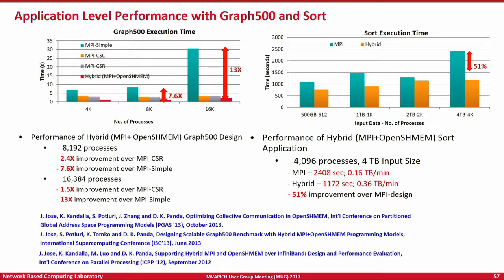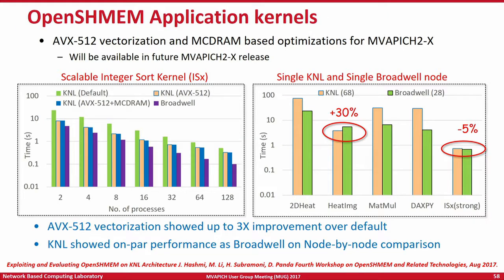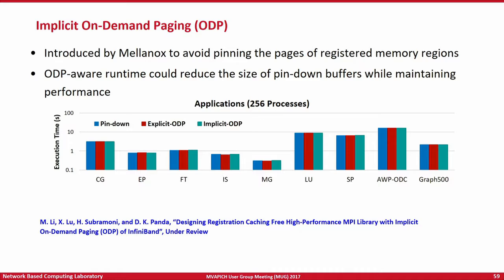This is a work done by Mingzhe on how on-demand paging can help. Before that, what is on-demand paging? What is the requirement for on-demand paging? For high-performance communication libraries like InfiniBand, there is a requirement that the memory which the IB HCA is accessing be pinned. Why is this? When you post a send operation, you are giving a request to the InfiniBand HCA saying that I want you to send a message which is in this particular location out of the HCA.